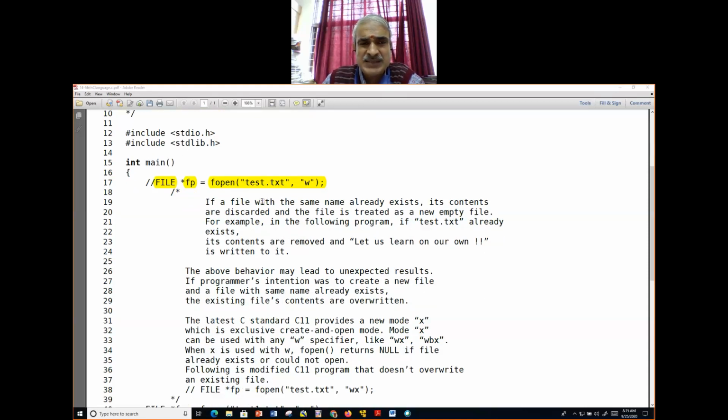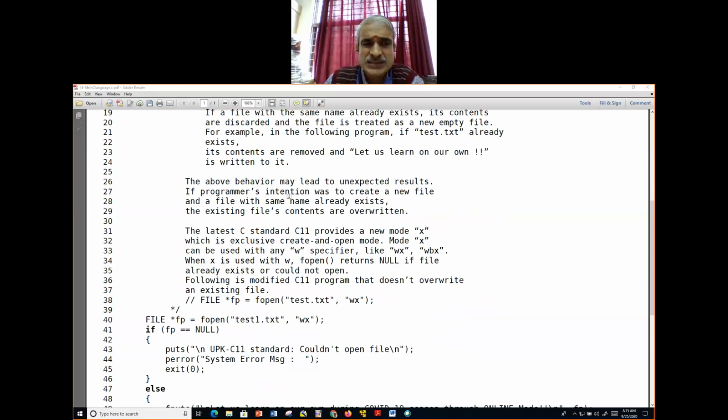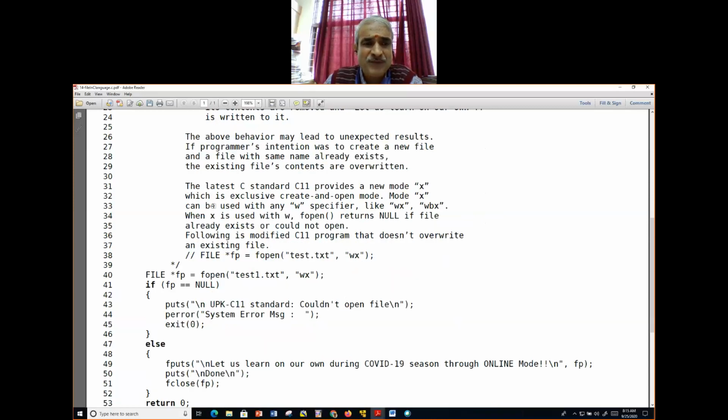Like this. Now there are certain behaviors given here. We'll go to that later. Now let's look into the operations. See, I opened a file, test1.txt, which already exists now here. I'm opening it for write operations, and I'll be giving X along with the W. I'm giving X. What exactly does X stand for?